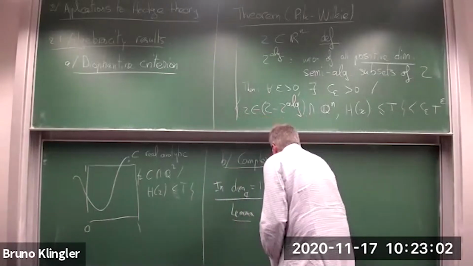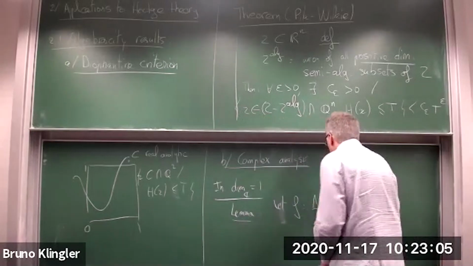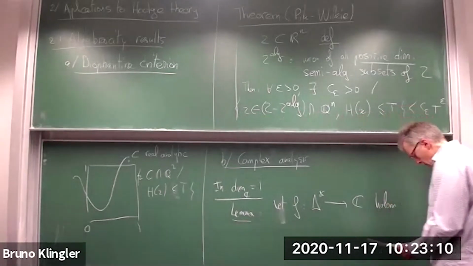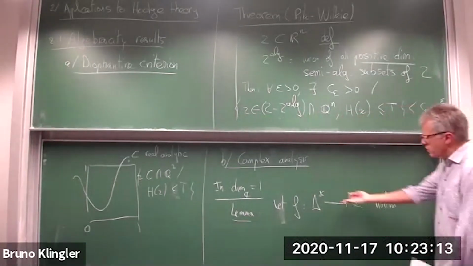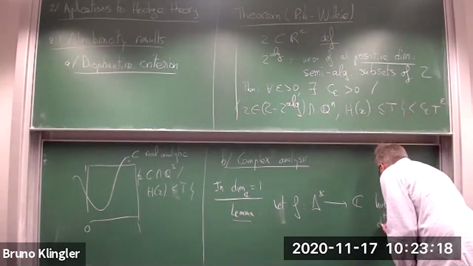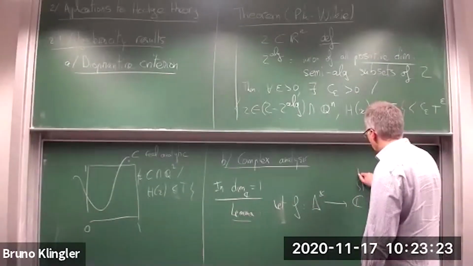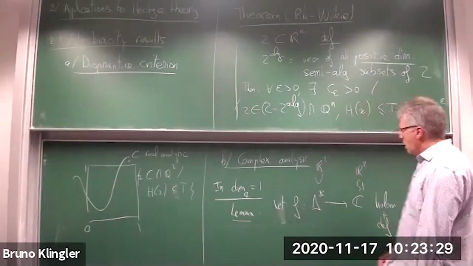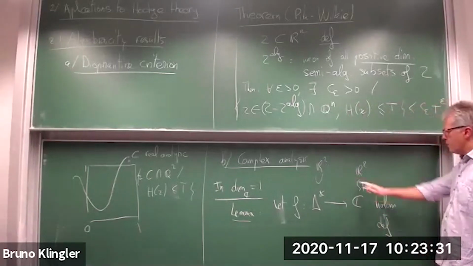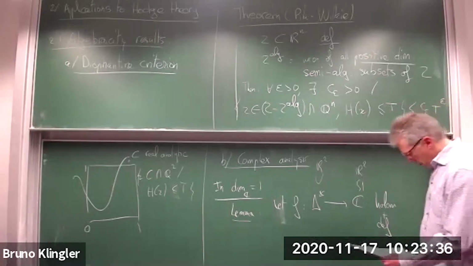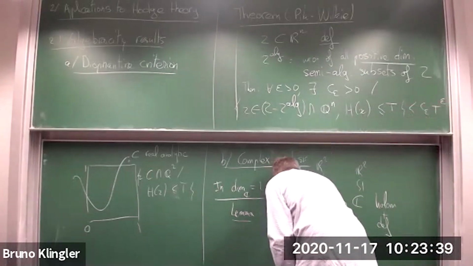Lemma: let f be a map from the punctured disk to C which is holomorphic. And of course, you know that you can have an essential singularity at 0. But suppose that this map is also definable in some o-minimal structure, where you think of this as being R^2 and this is semi-algebraic inside R^2. So it makes sense to say that this is definable in some o-minimal structure on R^2. Then 0 is not an essential singularity.